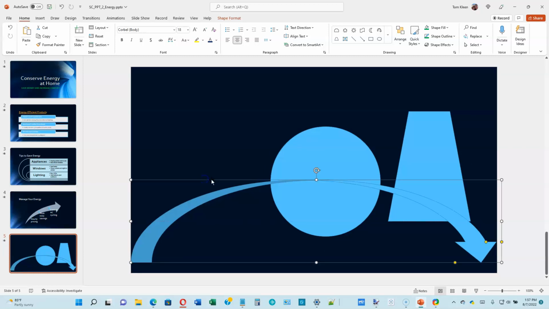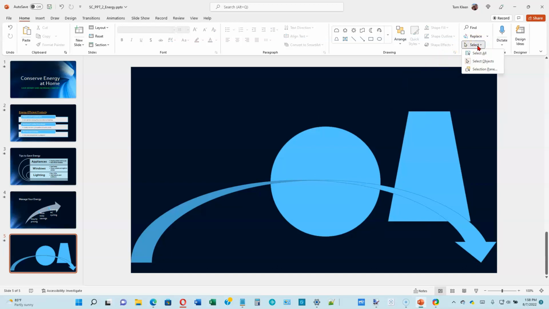So that takes us through page 30. Now we want to select all of these items on the slide, all 3 of these shapes. And there's a couple of ways to do it. We can just click on one, control click on the other, control click on the other. We've got them all selected. That's not hard to do if you've only got a handful of items. But if you got more than that, you might want to go up here and choose select all. This is on the home tab,